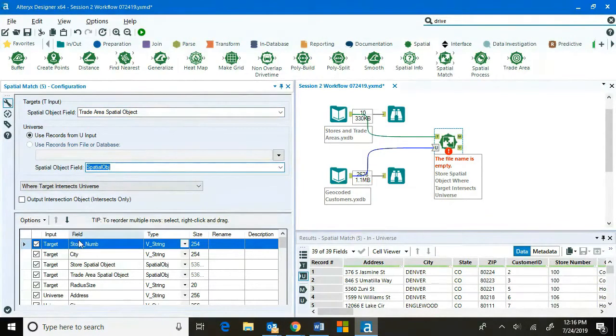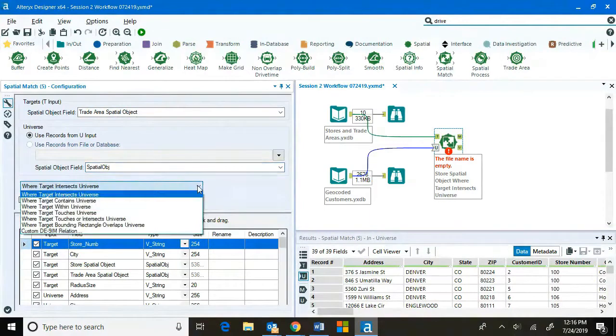And down here, I actually have my options for how I want to look at that spatial relationship in a spatial match. So I have an option for where the target intersects the universe. This is where those points are intersecting inside of that trade area. I can also do target contains universe, and that trade area actually contains the universe completely. I actually want to do intersects because I do want those people who are right on that boundary of that 10-minute drive time. You can do target within the universe, say a block group inside of a city boundary, and